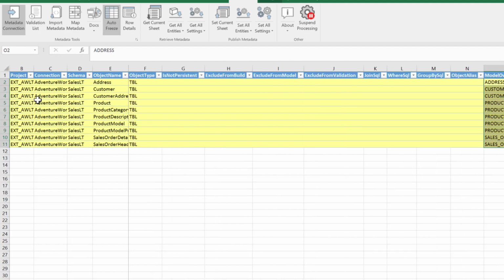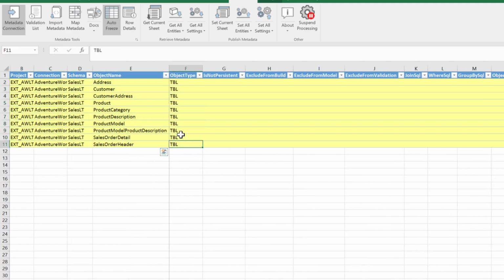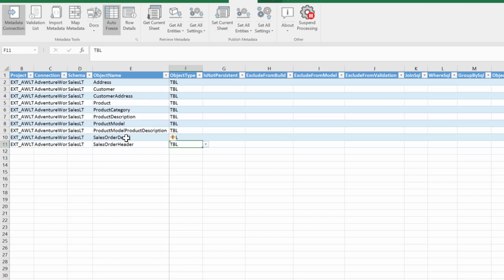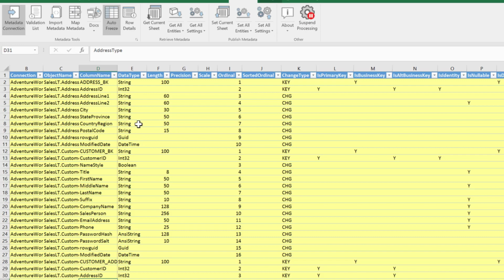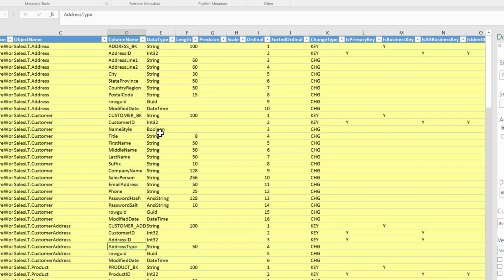But basically what it's done here is it's just imported all the objects that I wanted in here, assigned them all an object type of table effectively. So I'm going to go and publish this sheet up. So now my objects sheets have been pushed up to the metadata database and is now persisted in the metadata database. Again, I'll do the same with column here, and I'll just show you here what has happened